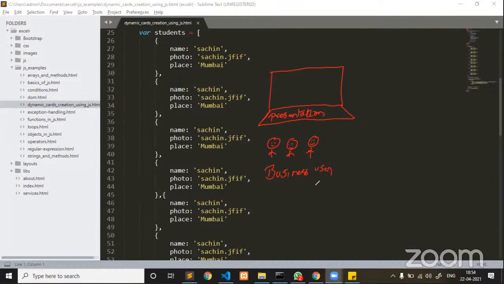Guys, these business users always interact with the presentation part of an application. For example, if you are presenting data in a web page, these end users are going to watch that data. Whether you display the data as images, as a list, or as a table, whatever the format, it is visible to end users. That is why companies give more priority to the presentation layer of an application.